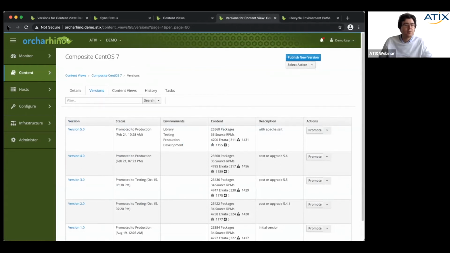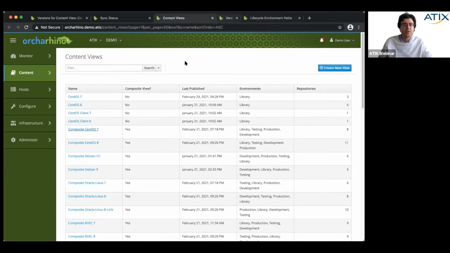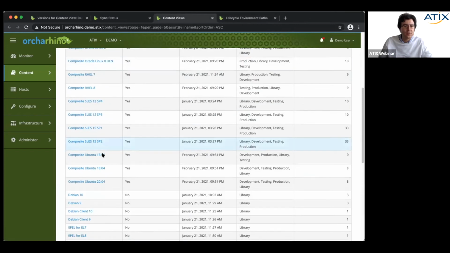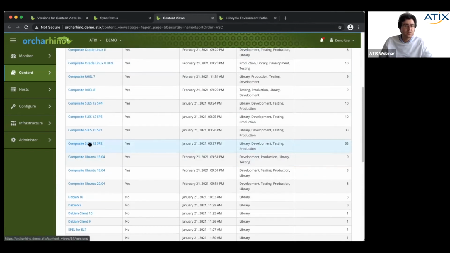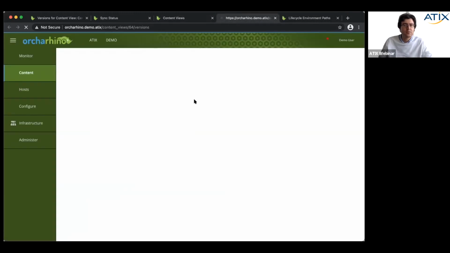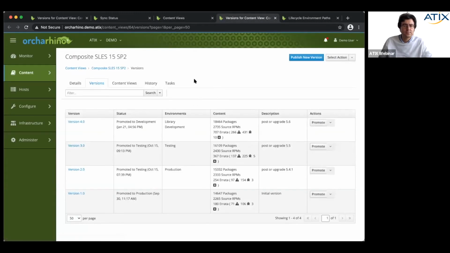Unfortunately, this one has already been published to the latest environment, so this is not ideal for demonstration. So let's have a look at a different content view, which is a bit more outdated. Let's have a look at SP2. Yeah, this one is fine. If we have now published new versions of all our content views, we can publish a new version of our composite content view, and it would be in Library and would have been promoted to development. So now in this case, version 4.0 of our composite content view is assigned to Library and development.